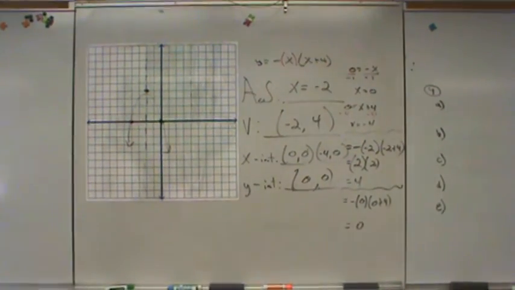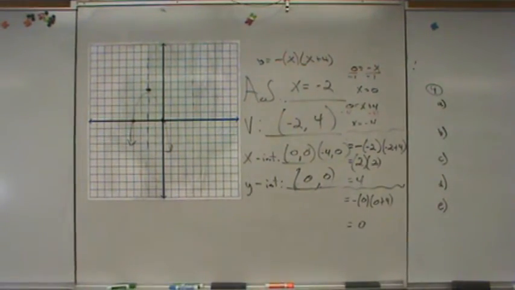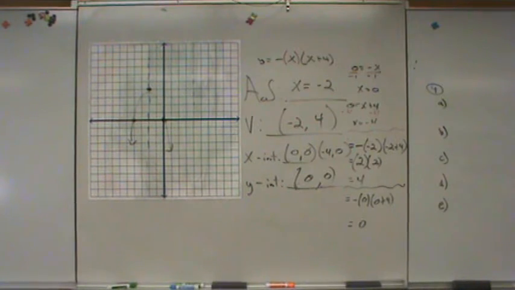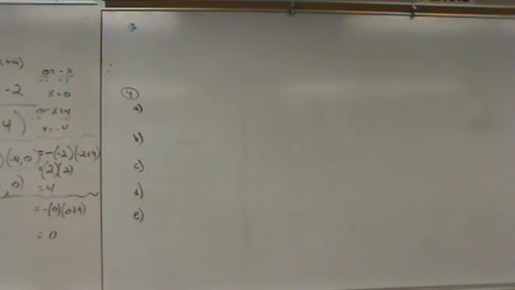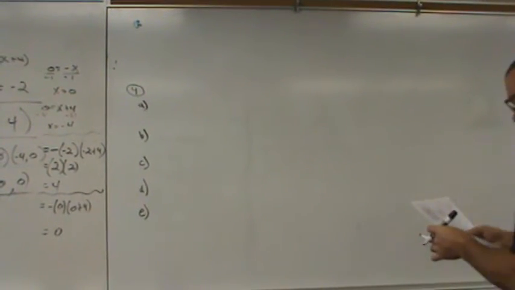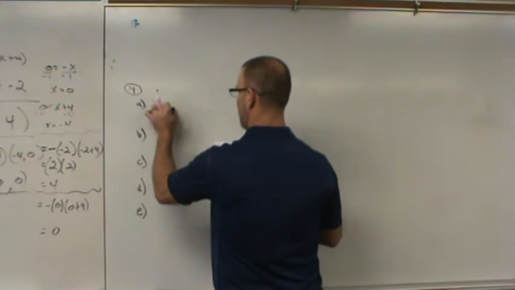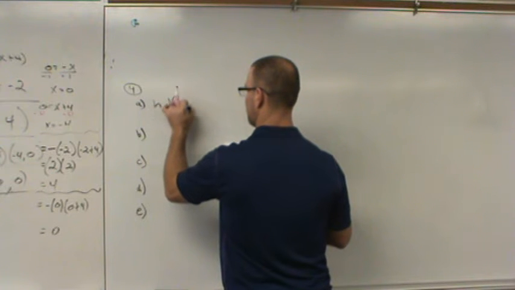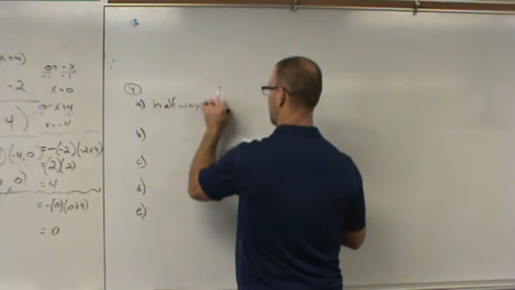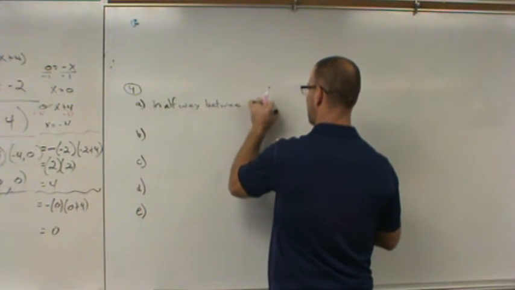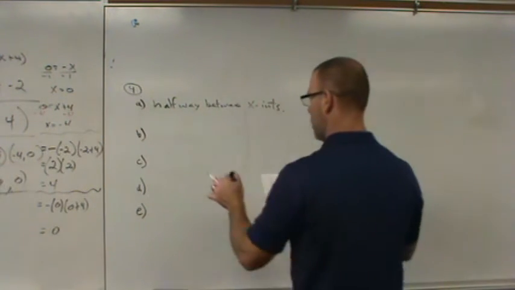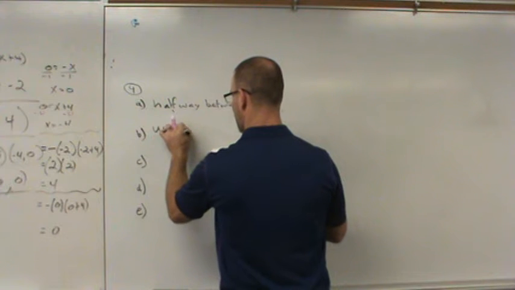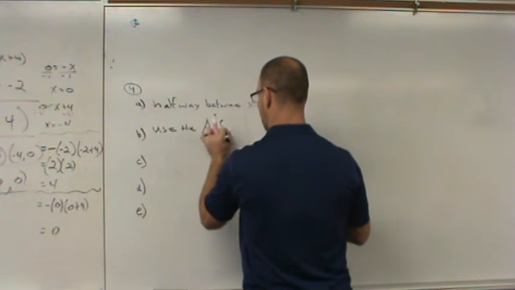And then question 4 asks us, based on the examples, how can you use a quadratic function to determine some of the following things? Find the line of symmetry. Well, it's halfway between the x-intercepts. Okay, you're going to want to write that down. Find the vertex. We're going to use the axis of symmetry